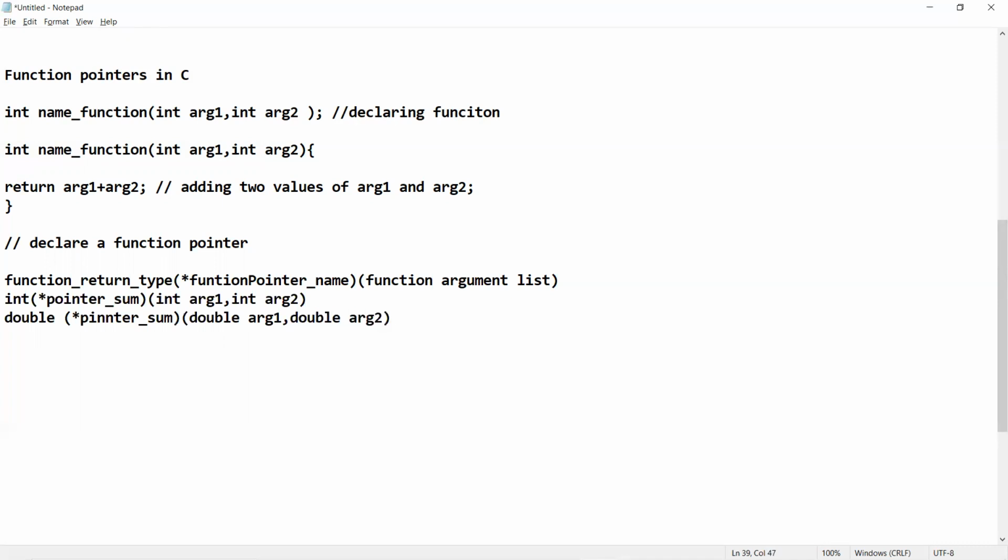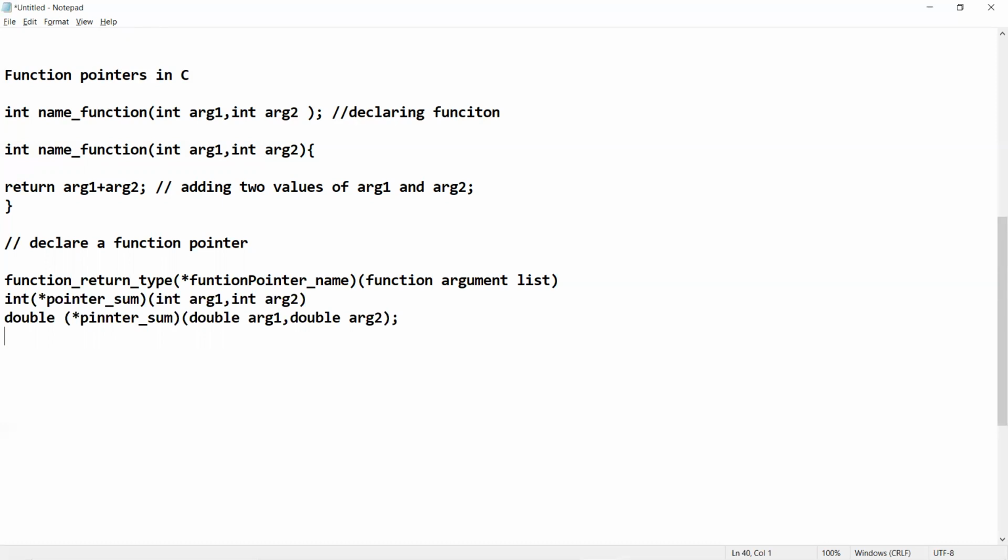This is how we have to declare a function pointer. Here double is the return type of the function, and pointer_sum is the name of the function pointer, and double, double is the argument list. It means the first argument of this function is of double type, and the second argument is also of double type.